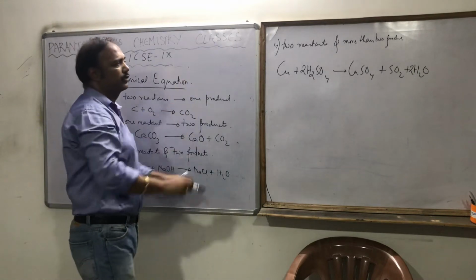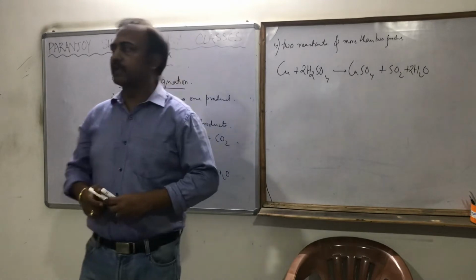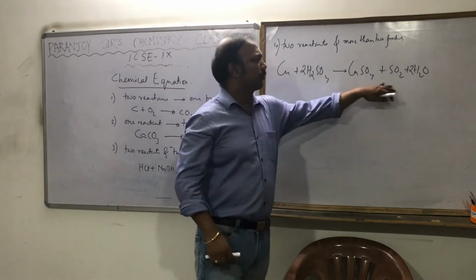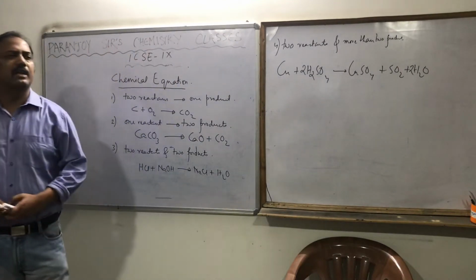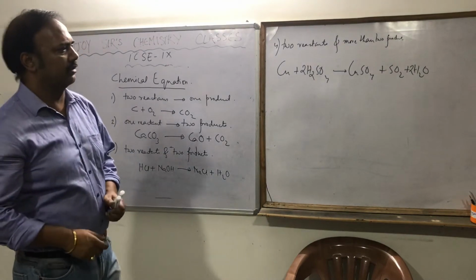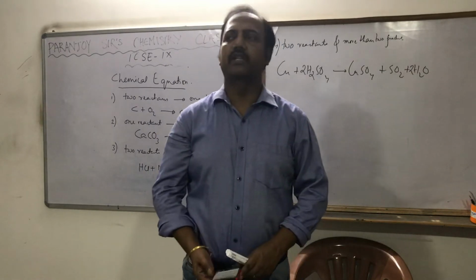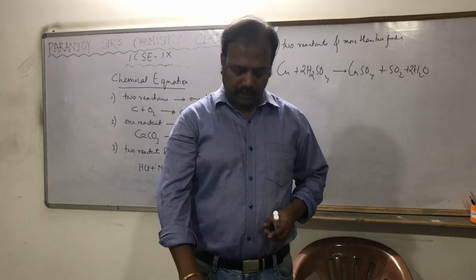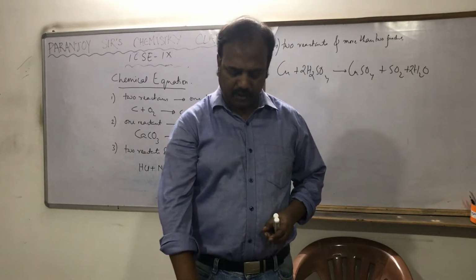I will come to this 2. Why did I write 2 here? I will come to this. But here, how many reactants are there? The number of reactants is 2 and the number of products is 3. Okay. So these are the 4 main basic types of chemical reactions which are taking place, and we are just writing the equations by writing their symbols. Now the next thing you have to know is one term which is called the skeleton of the reaction.